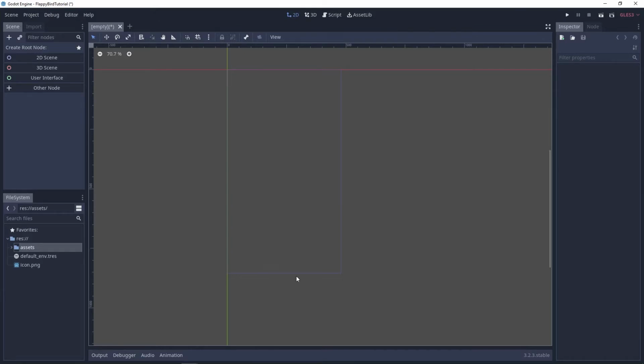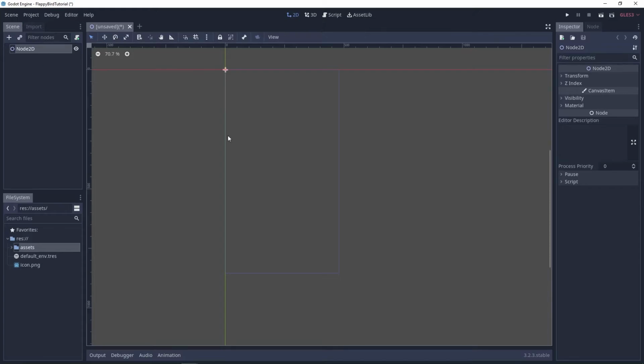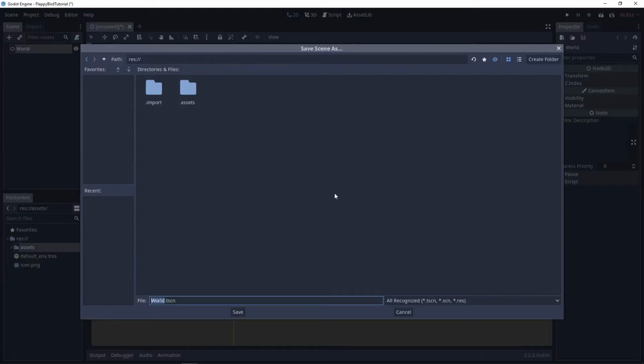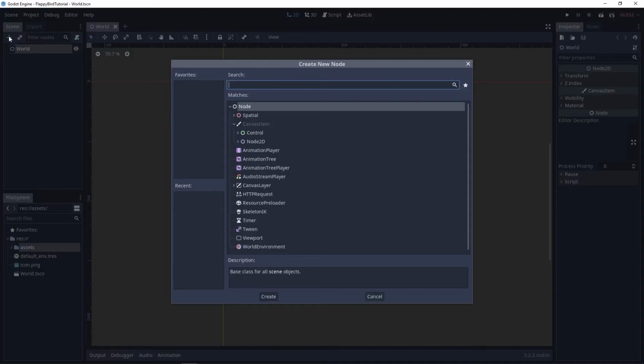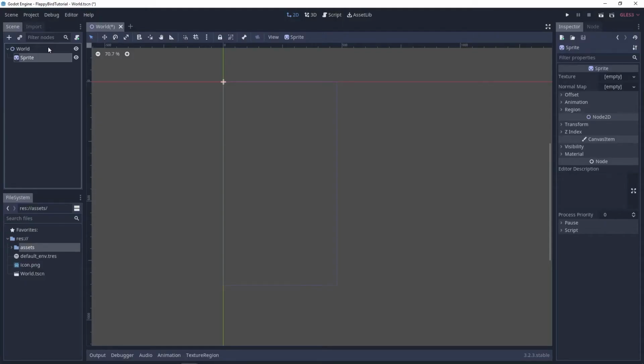Finally, let's create our main game scene. To do that, let's go to the scene tab and let's click on 2D scene here, which will create a basic node 2D, which we will rename to World. Let's hit Ctrl+S to save this, and I'll just save it inside the res folder. And let's add a Sprite Node to display our background. I'll rename this to background